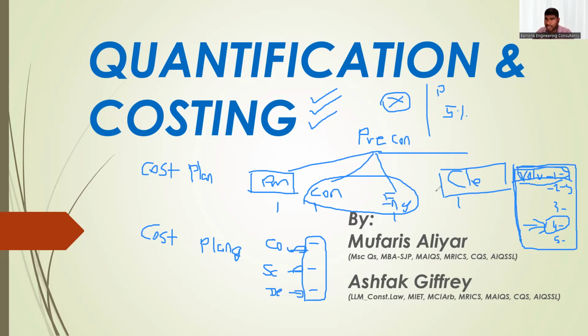Then he will submit them to the client and PMC people, and they will review. The client and PMC's duty is to review things. They will review the condition of contract along with their legal departments, because each client has its own legal department. These conditions have to comply with their legal requirements in terms of payment terms, variation and notice periods. So many things are there in volume one, in the condition of contract. So they will go back and review it with their legal department. That is a separate part.